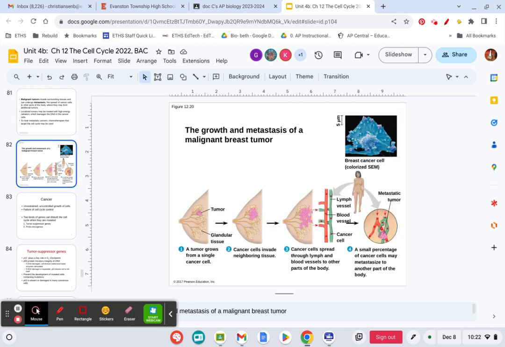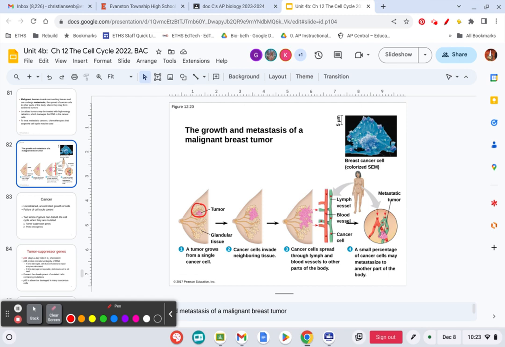So the next picture is of a tumor in breast tissue. There's a very small lump here to begin with. And this is why it's important that no matter where your tumor is, if you feel a lump, you should go to the doctor and get it figured out. Because what happens is if you let it go, it will get bigger and bigger. And if it is a malignant tumor, it can spread.